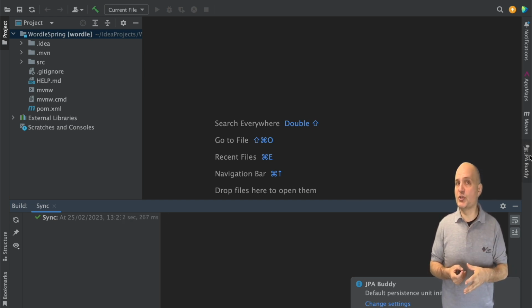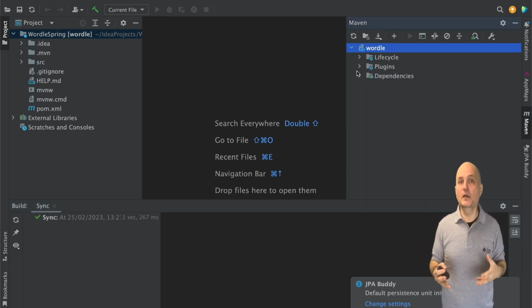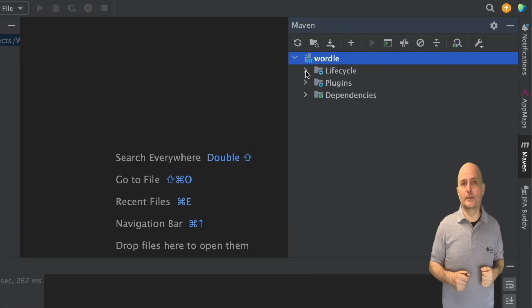This loads the project, and that might take a while. Unlike a regular project, we have a lot of dependencies here, so Maven or Gradle might spend some time downloading dependencies and update you in the bottom of the screen here. This is okay. My connection is fast and I already have many of the dependencies cached, so this moves quickly.